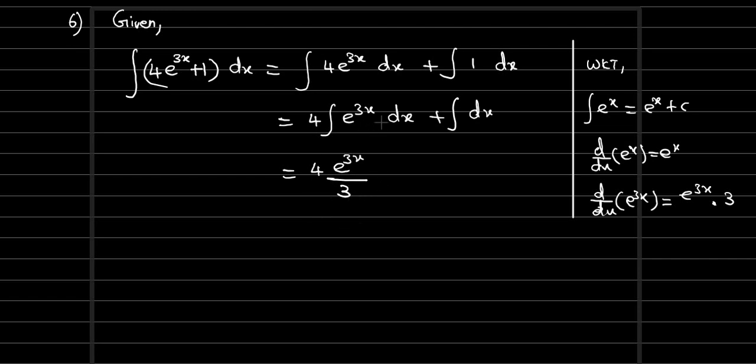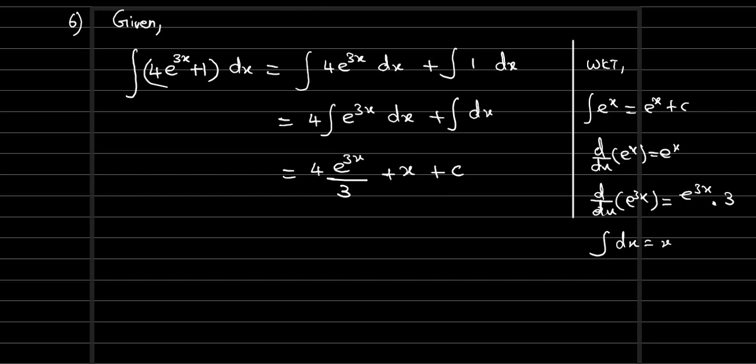Integration of the first part is done. And for this integral, antiderivative and derivative are opposite to each other, right? So these two will get cancelled and integral dx is x itself. Since it's an indefinite integral, once integration gets over, we need to put plus c. So that's all the result of the sixth one.